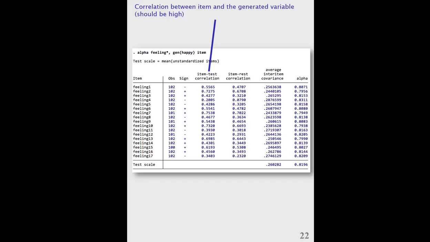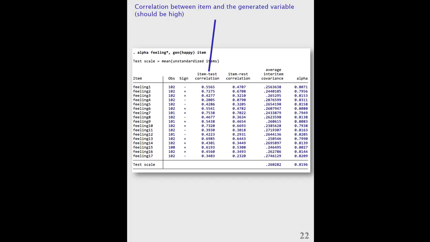And then you look at these different numbers over there, and the whole aim of this exercise is, well, in this case, 0.82 is already quite decent, but I want to figure out which of these items in there fit the least, and if there are items in there that I should actually better get rid of. Let's see. Item test correlation would be, well, I look at the feeling one variable that I have in my